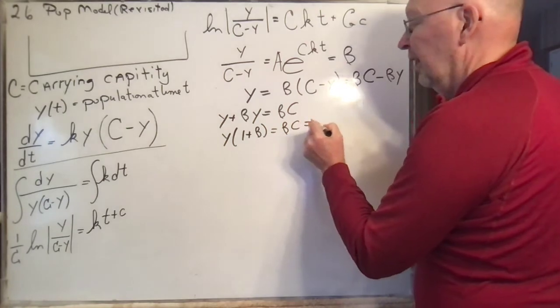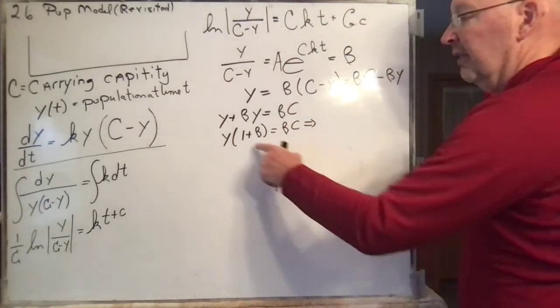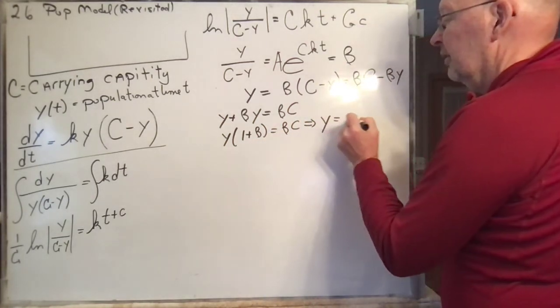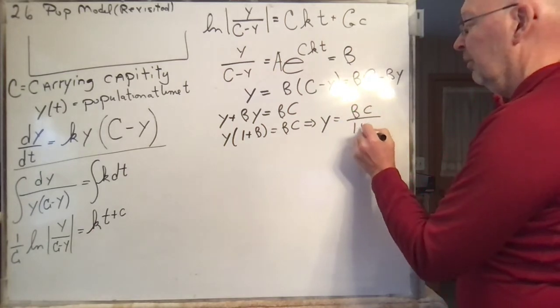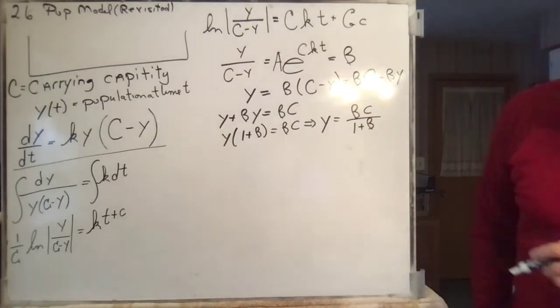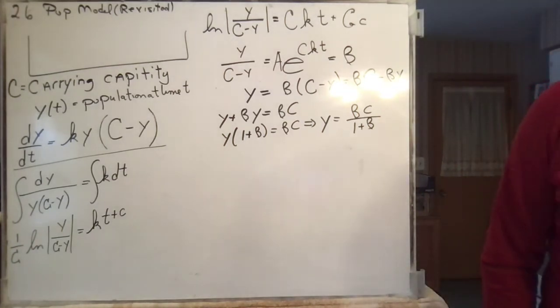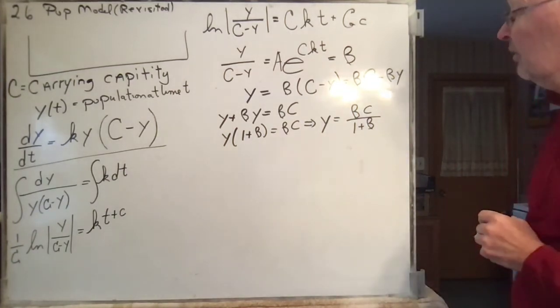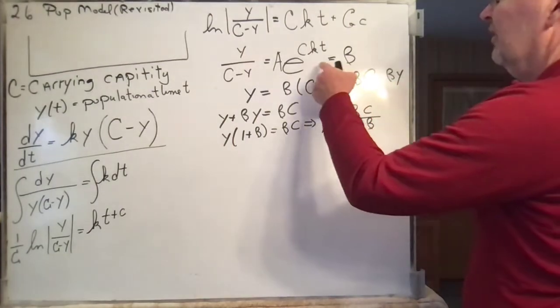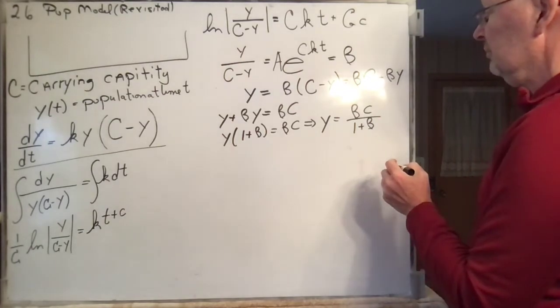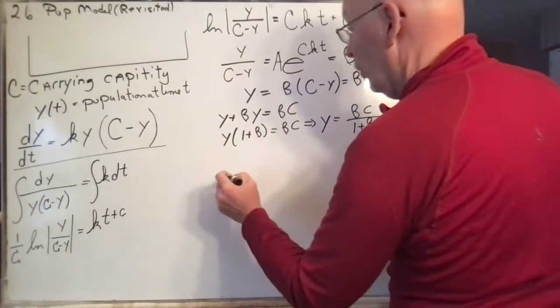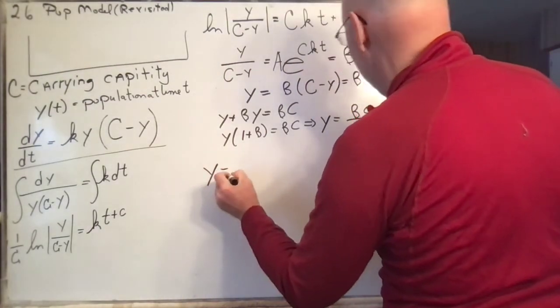And finally, divide through by this, and you're going to get y is equal to beta c over 1 plus beta. And so you have that, and then you can substitute in for what beta is. Beta is equal to this thing right here, and so you're going to get y is equal to